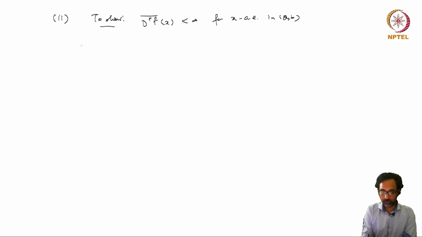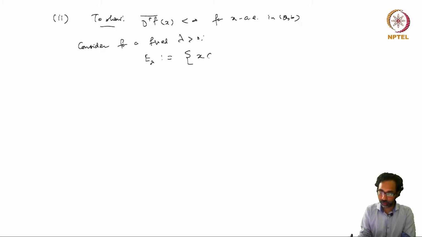And to show this, consider for a fixed lambda positive the set E lambda defined as the set of all x in AB such that d plus f upper bar x is greater than lambda, and we will show that